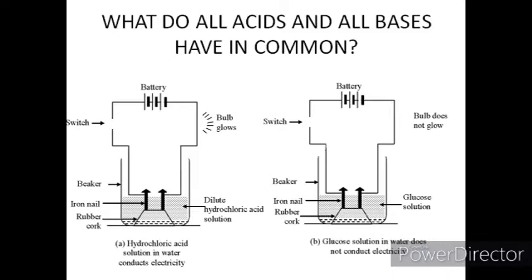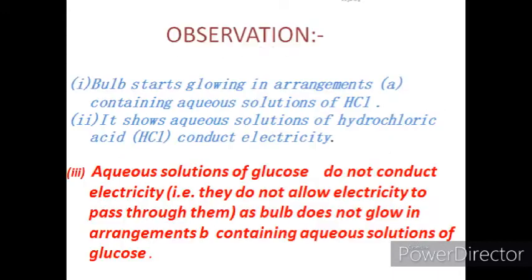Take a rubber cork, fix 2 nails into it, and then place this cork in a 100 ml beaker. After this, connect the nails to a 6-volt battery with the help of wires, and also connect a small torch bulb or an emitter in the circuit. Now add dilute HCl into beaker A and glucose into beaker B, and switch on the battery. So now you will observe that the bulb starts glowing in arrangement A, which contains hydrochloric acid,